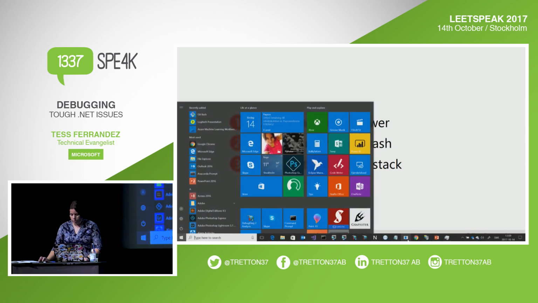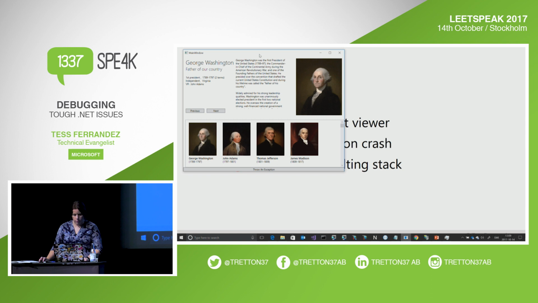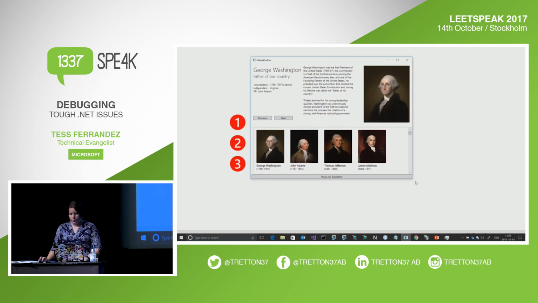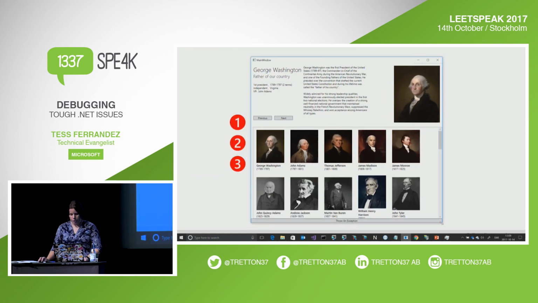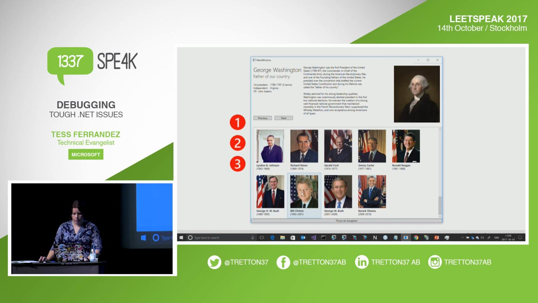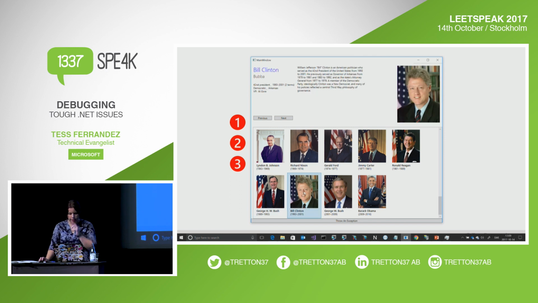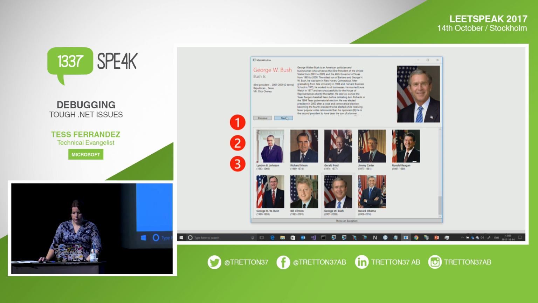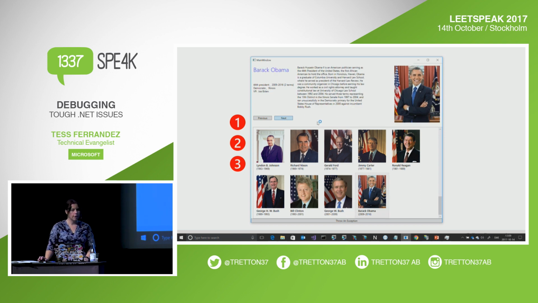So we're going to use this beautiful WPF app that shows the precedents of the United States. I kind of stole this from a demo for Xbox. And what's going to happen here is that when I go and click next, yeah, we all kind of know what happens after that, but the process sort of crashes. That was what I was thinking about, at least. Okay, so